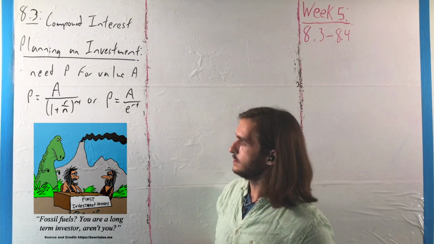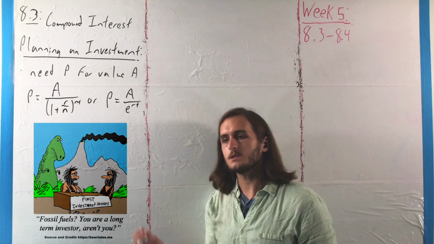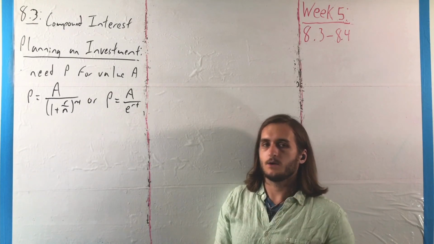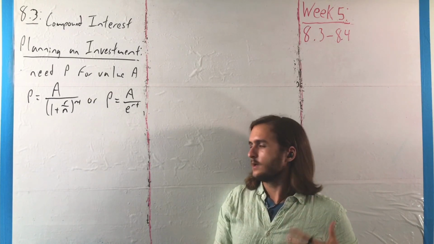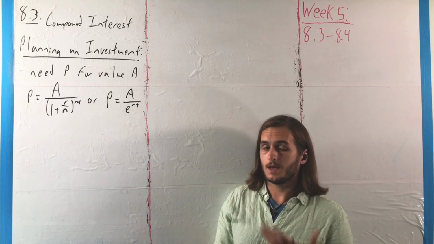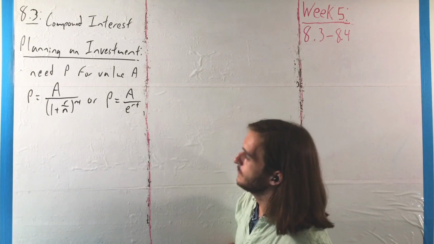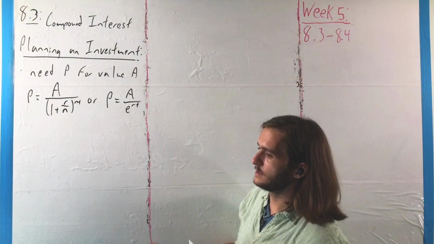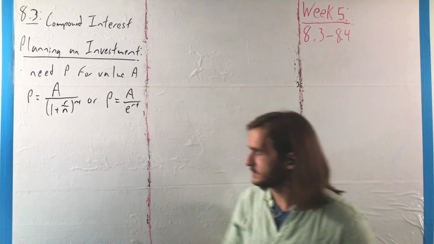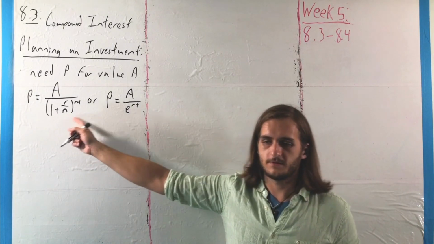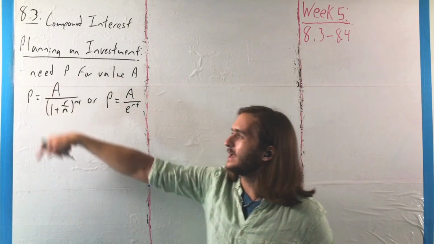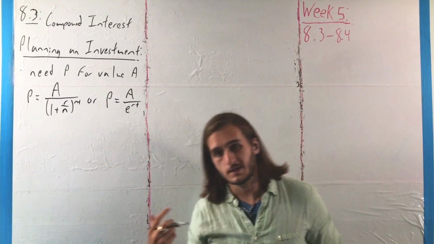where what we want to describe is the amount of money we have to put into some form of investment if we have a final value in mind and know the rate, both in terms of the interest as well as the amount of time it's going to take. If we're talking about something that has a finite number of compounding periods, basically all we do is take the formula and divide out the rate. So you get P is equal to A over (1 plus R over N) raised to the NT,